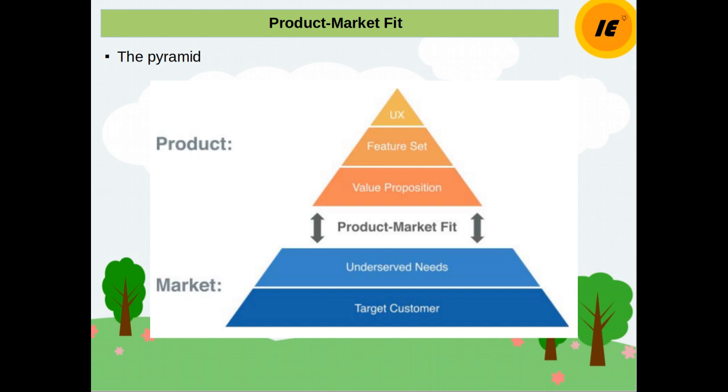So if you are trying to achieve product market fit, a definition alone doesn't give you enough guidance. That is why I created an actionable framework called the product market fit pyramid, shown in the figure here. This hierarchical model decomposes product market fit into 5 key components, each a layer of the pyramid. Your product is the top section, consisting of 3 layers. The market is the bottom section of the pyramid, consisting of 2 layers. Within the product and market sections, each layer depends on the layer immediately beneath it.